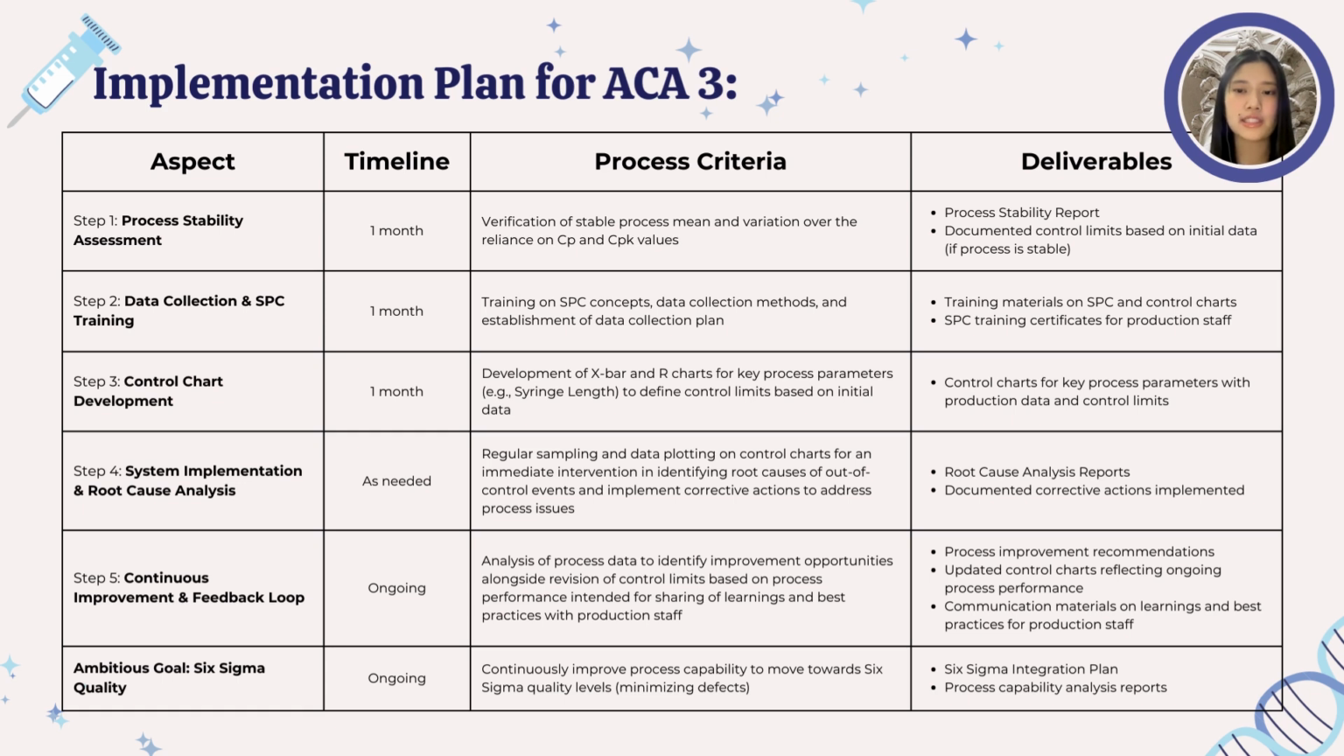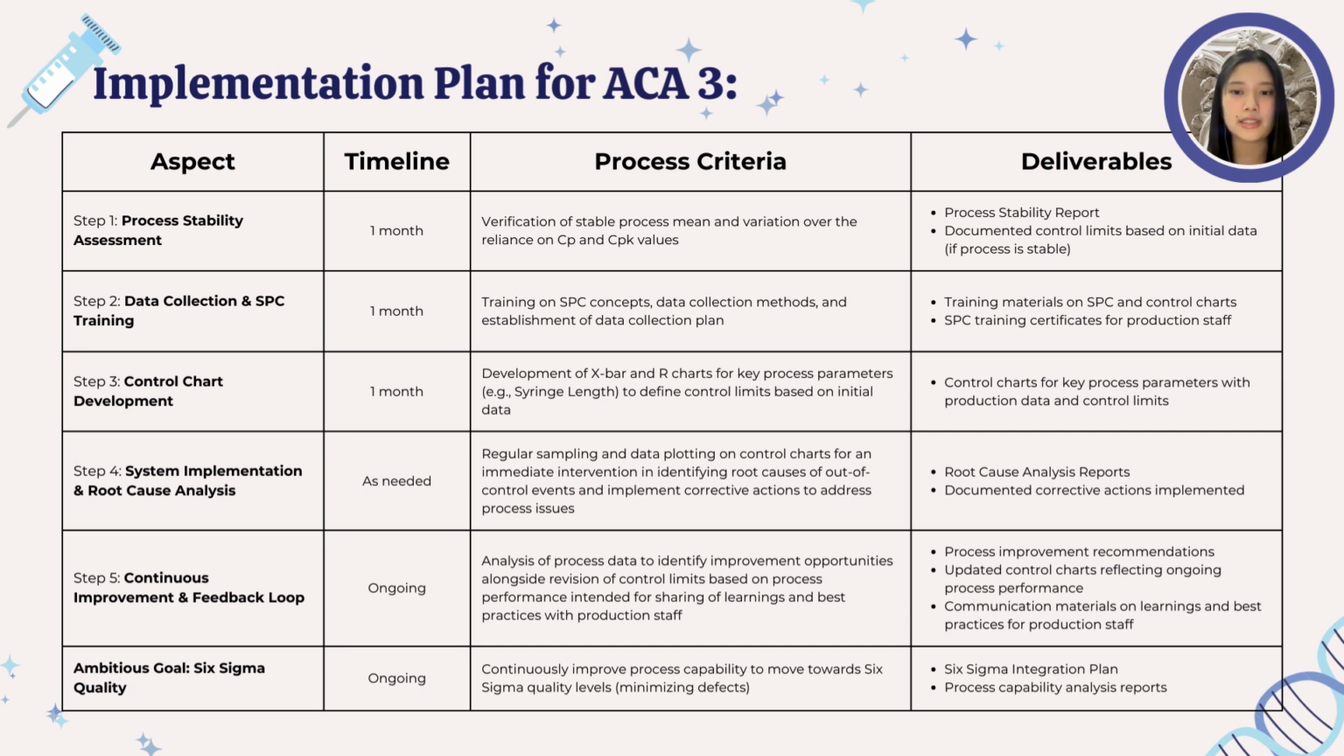Step 5 establishes a continuous feedback loop. Process data is constantly analyzed to identify improvement opportunities and potentially revise control limits based on evolving performance. Learnings and best practices are shared with staff through communication materials to cultivate a culture of improvement. Process improvement recommendations are also made, and the control charts themselves are updated to reflect the latest data and any